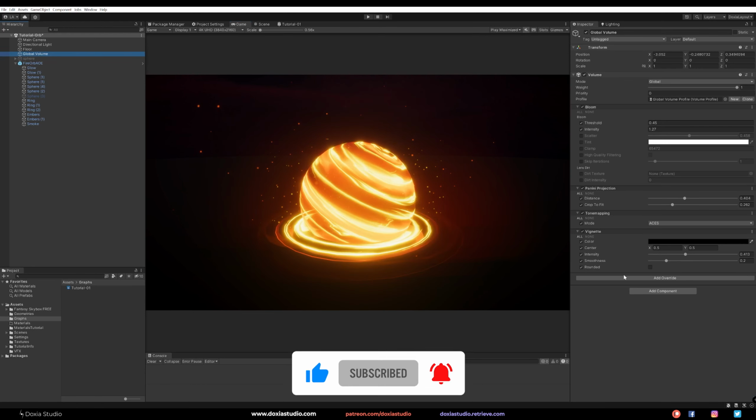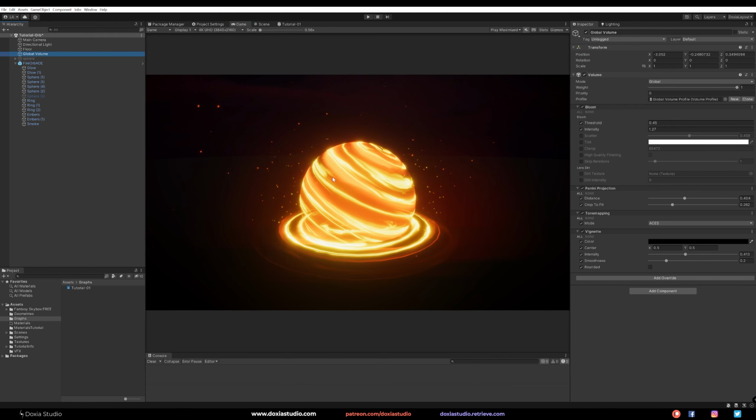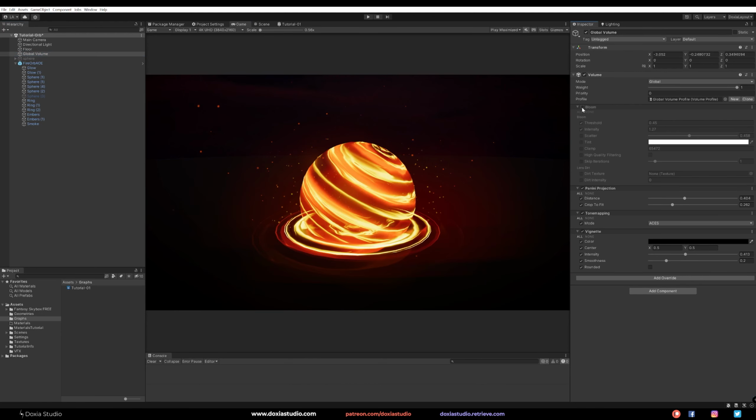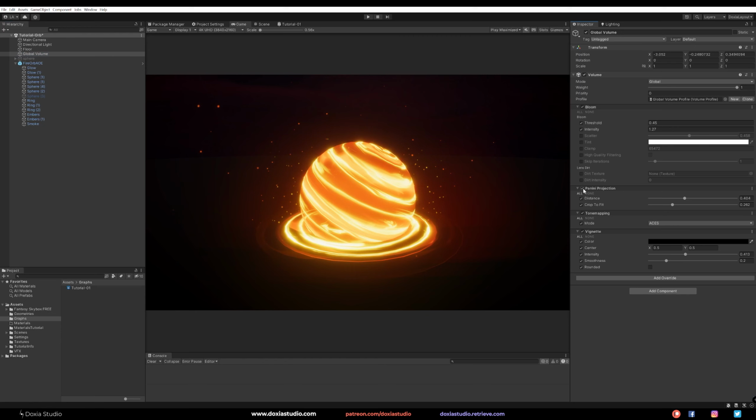And then on global volume, I just have bloom, that glow, as you can see here. Panini projection is something I use because I come from the film and commercial industry, so this is really cool just to get a bit of distortion here in the middle. Tone mapping, this is really important: use the ACES color gamut to have better colors, better saturation.